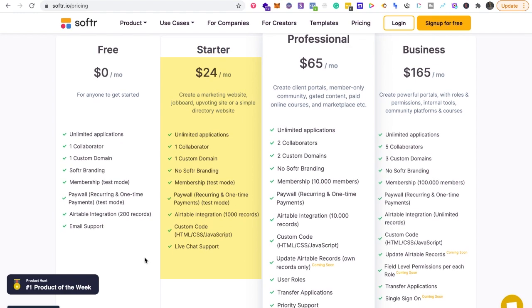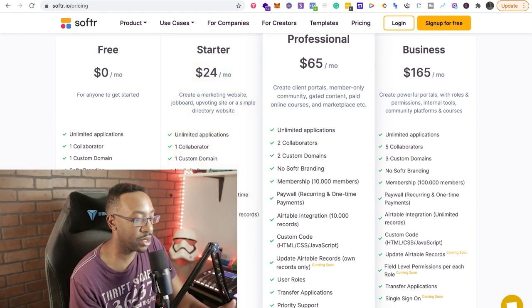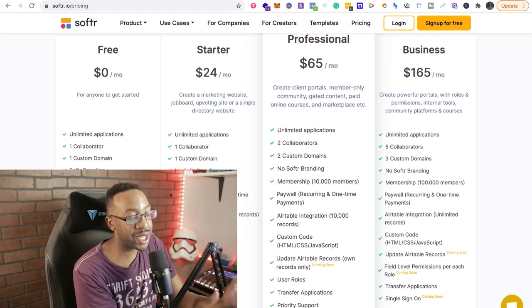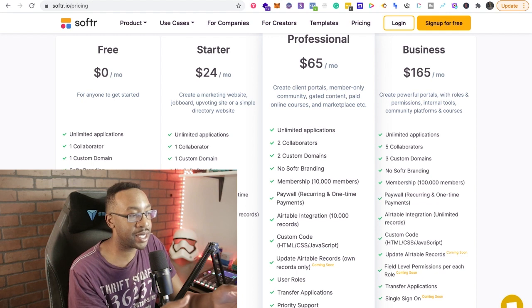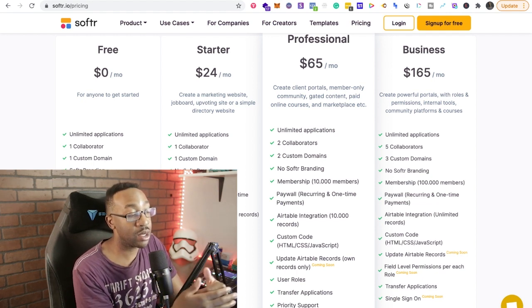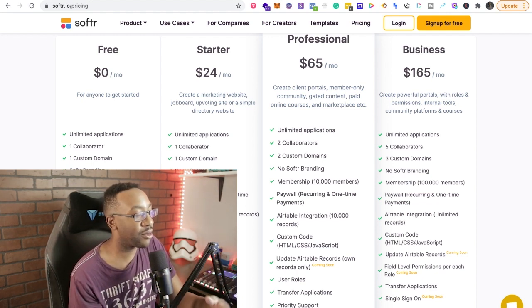If I'm looking at the main differences between the different pricing structures, I would say free allows you to test an idea and to see if this is going to be something that you want to run with. But again, you still have all of the unlimited applications, so I can be testing all of these different ideas, these MVPs, to see which one has traction. If anyone would like to pay for my idea, then I can go into the paid tiers.